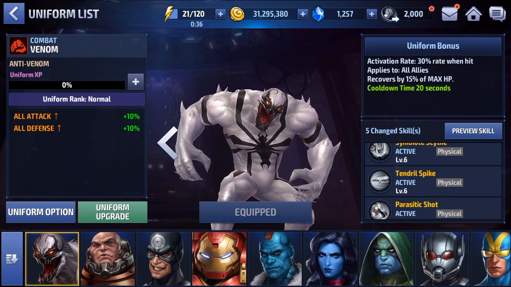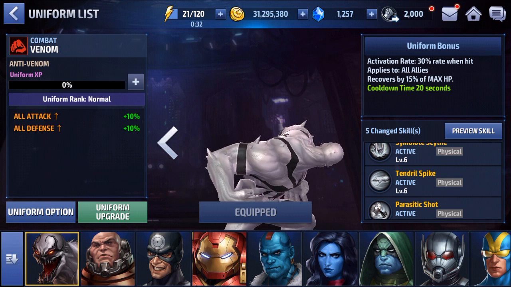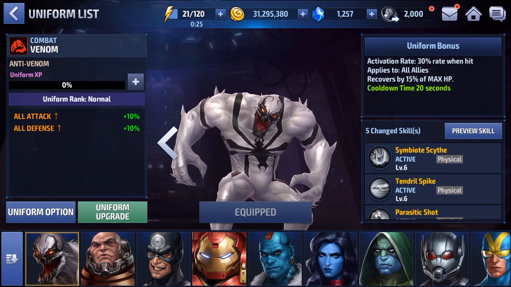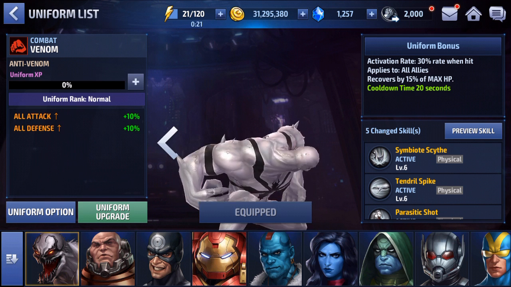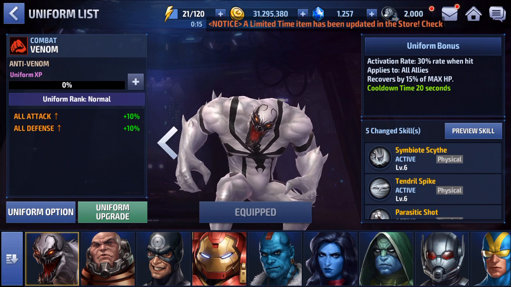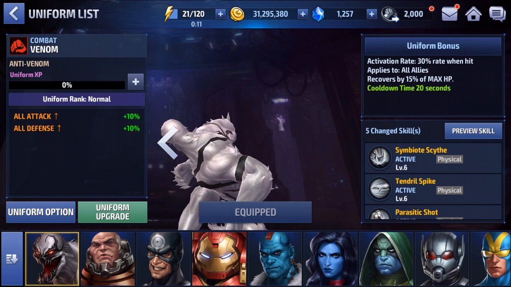So, Venom here has a new uniform. We have Anti-Venom, which is awesome because Venom definitely needed something to help him out. It changes all of his skills around, all 5 of them, and the uniform bonus itself is actually pretty nice as well because it's a 15% heal. It's a 30% chance when hit to proc, but 15% is a pretty decent heal. The only downside is it's on a 20-second cooldown, so it does take a little bit of time to get